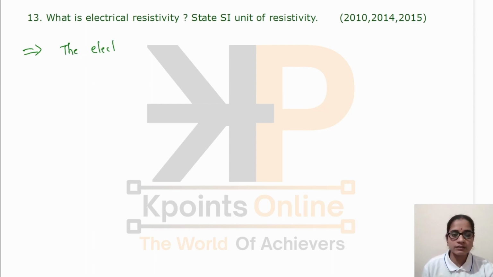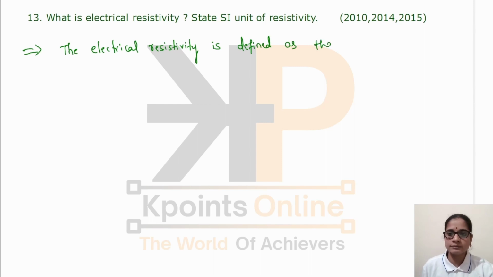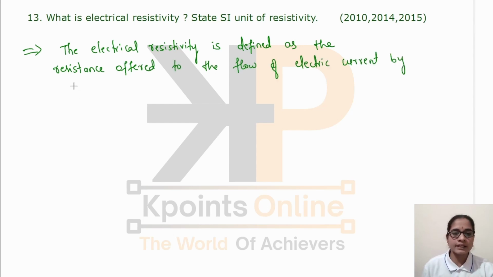The electrical resistivity is defined as the resistance offered to the flow of electric current by a conductor of unit length